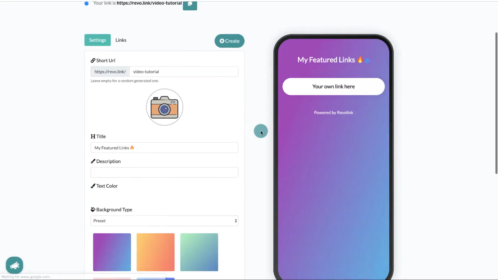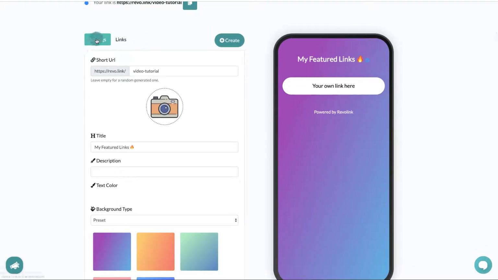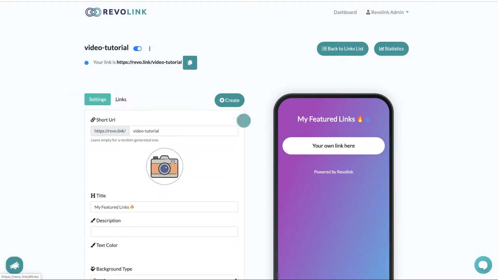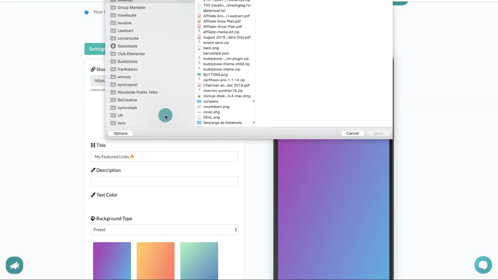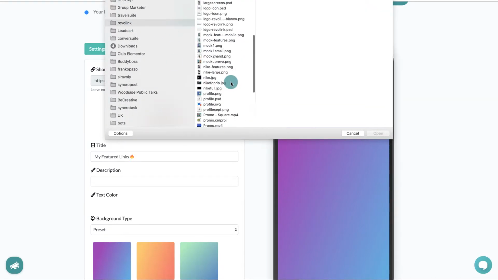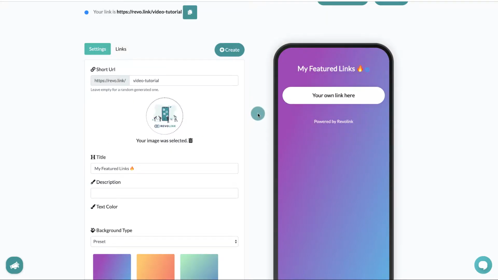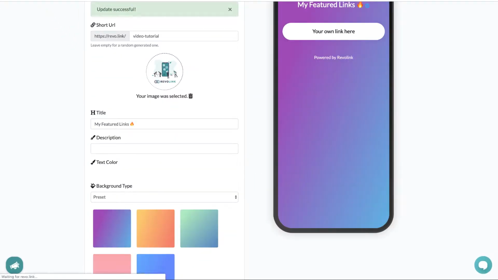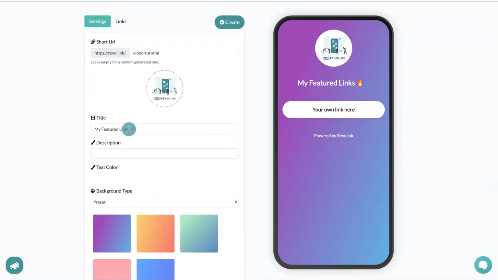And from this point onwards, you will arrive in the editor, where we have these two tabs, settings and links. The settings are for the whole page. In that case, you will have the option to include a profile picture for the page. We can update, then refresh the page, and we can see the changes. And then we can change the title,